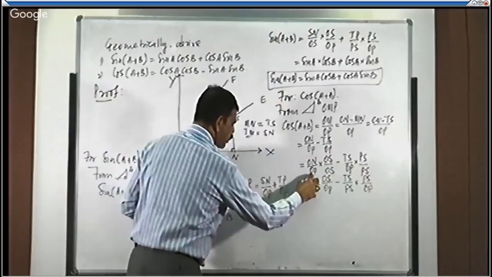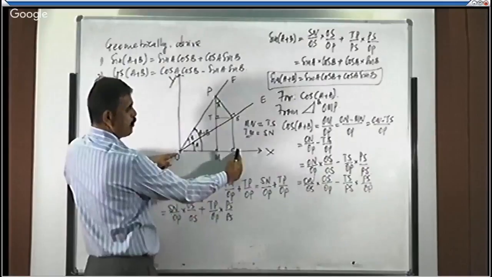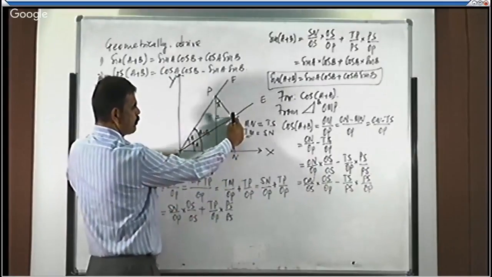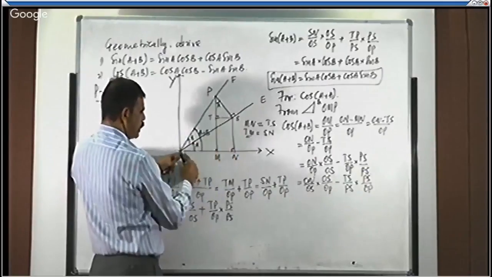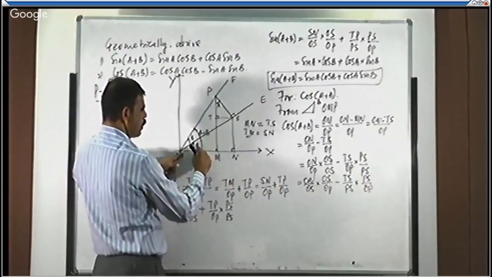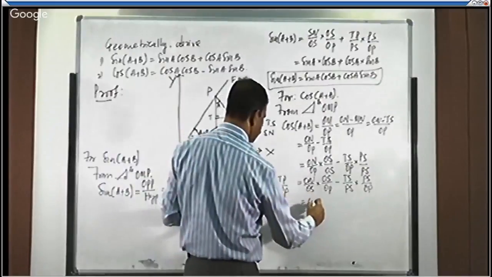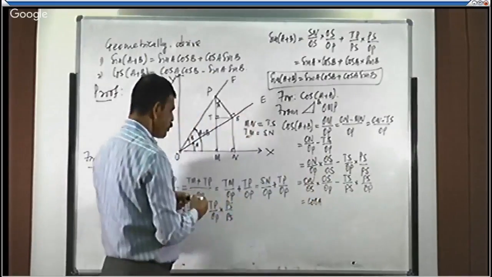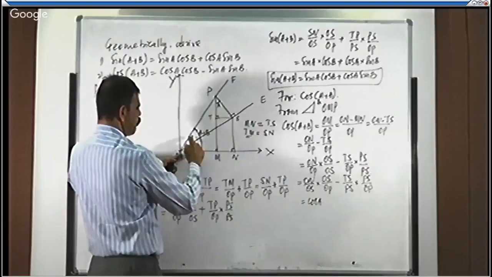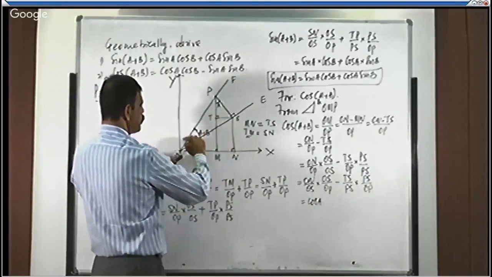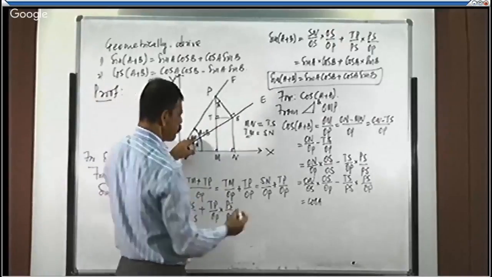Check the individual ratio in the figure. ON by OS. What is ON? This one will be the ON. What is OS? This will be the OS. For angle A, ON is adjacent side, OS is hypotenuse side. Adjacent side by hypotenuse side of angle A will be called as cos. Right? Cos of what? Cos A. Cos A into OS by OP. Which is OS? This one. OP, this one. For angle B, this is adjacent side, this is hypotenuse side. Adjacent side by hypotenuse is what? Cos. Of angle is what? B. Cos B.